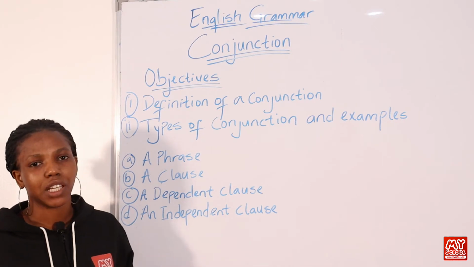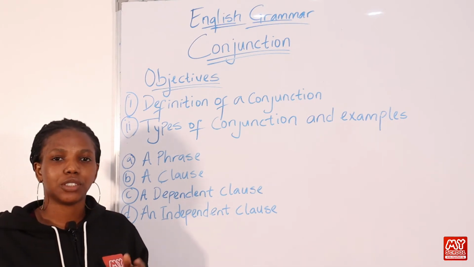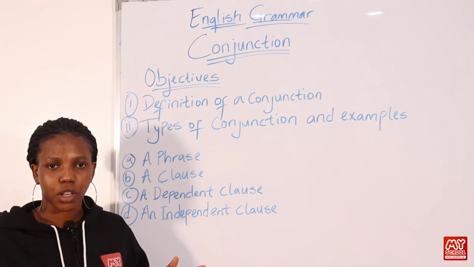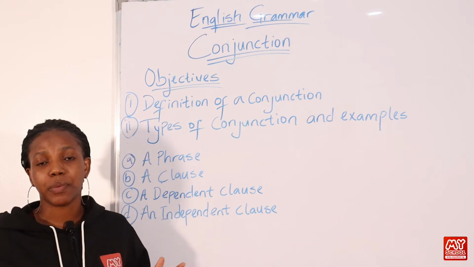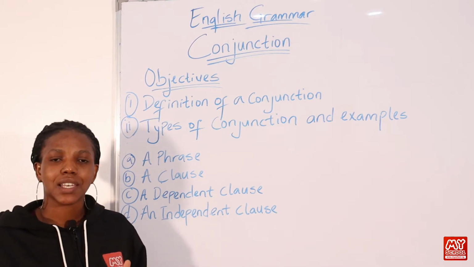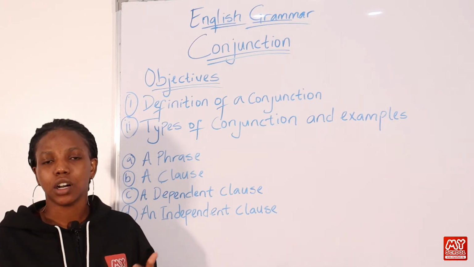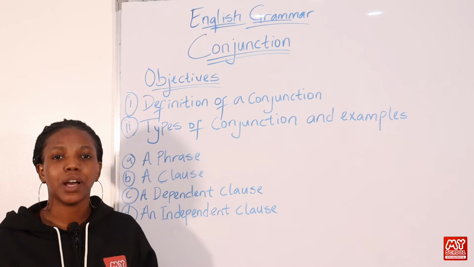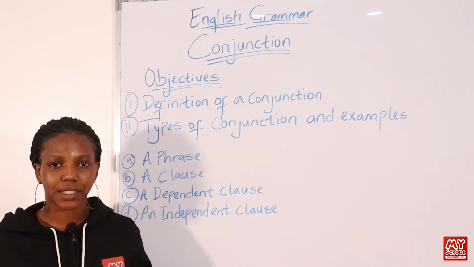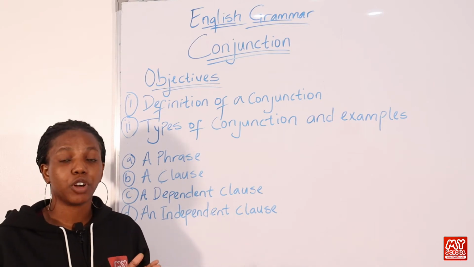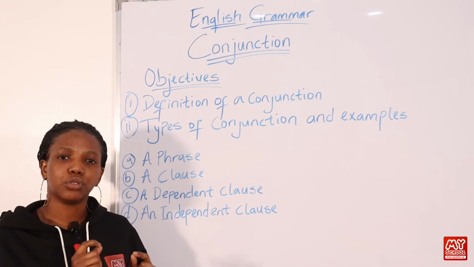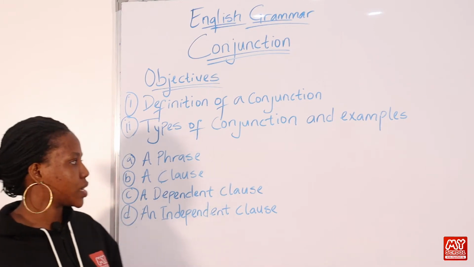Now what is a phrase? A phrase is a group of words that do not have a verb. So it's a group of words that do not have a verb, and so therefore it's a part of a sentence. Okay, we know a sentence is a word with a subject, the verb, and the object. So it will make complete sense. But a phrase is a group of words. It could be two, it could be three, but do not have a verb. Okay, so example,